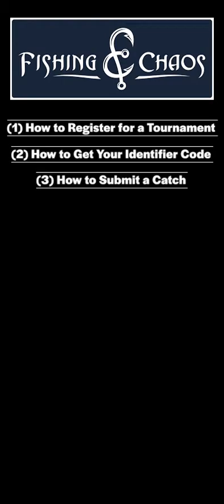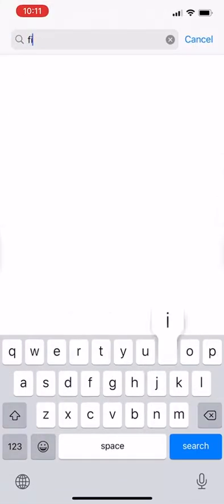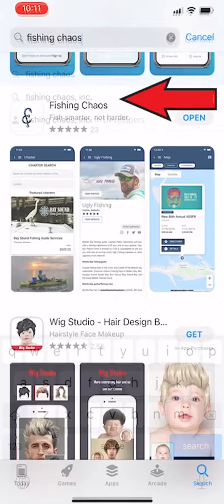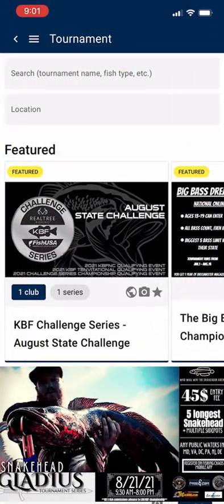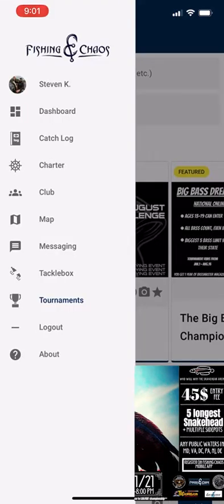So first things first, what you need to do is go to the App Store and download the Fishing Chaos app. After you've done that, you'll be brought to the home screen. On the home screen, the top left is a menu button. When you click on that menu button, you'll see that one of the options is to go to the tournaments page. Since the first thing we have to do is find the tournament we want to register for, go ahead